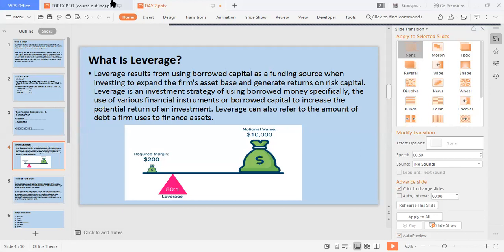Do you know what the forex brokers do? The forex brokers will come to you and tell you that, Mr. Ikechukwu, we know you don't have much money. Bring your $200. We can make your $200 look like $10,000. How? With the help of what they call leverage. Leverage is exactly this: if I have $200 here,